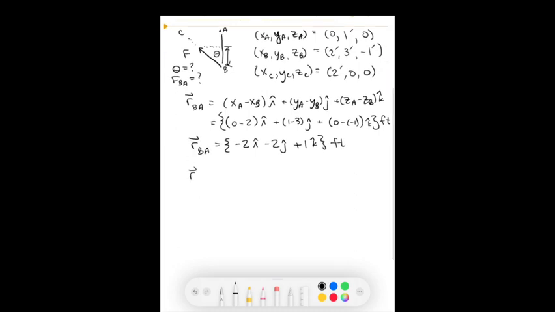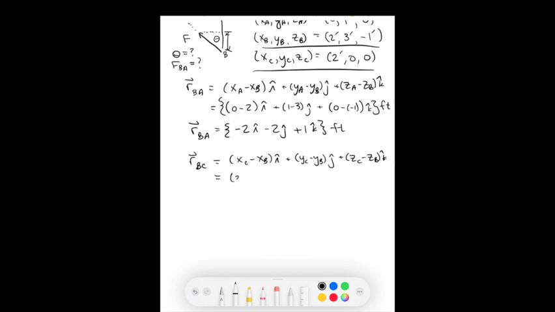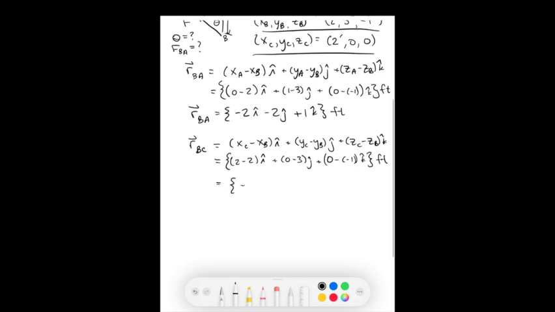Okay, next we want to find going from B to C. So C minus B, C minus B, and C minus B. Look back at what we've already determined here for our coordinates, plug those values in. Okay, so now we have our two